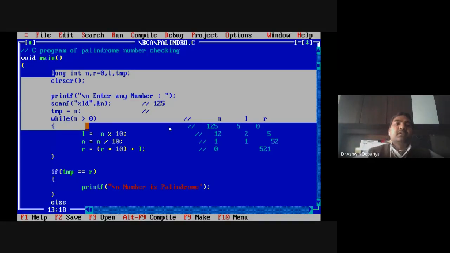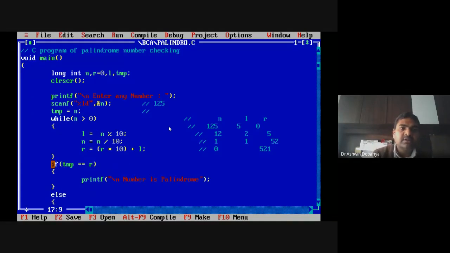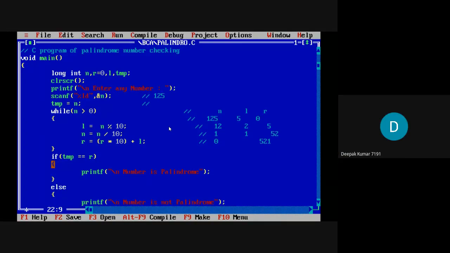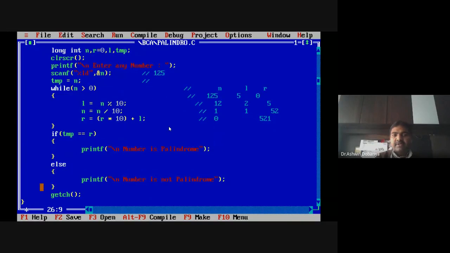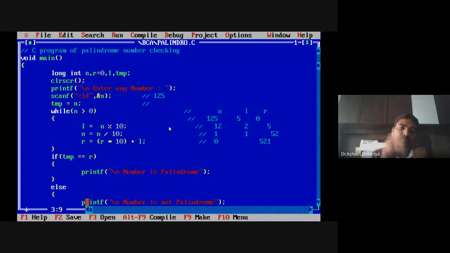So this is the palindrome program. Okay, all of you take a screenshot of this, or if you have any doubt in that, just ask me. Here you just complete the brackets and all. So always think about the logic in that way: what you have to do, and what inputs you have to provide.